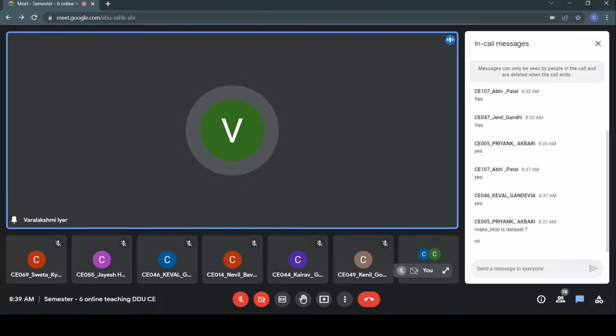You are not supposed to make excuses that your internet is not working. You are supposed to be present with your internet and your laptop and everything whenever you join the lab session, right? It is expected from you because this is a lab session, so you are supposed to be present with all the things that are required to perform the lab practical. So make sure that you are present with all the things, and after 30 minutes we may ask any one of you